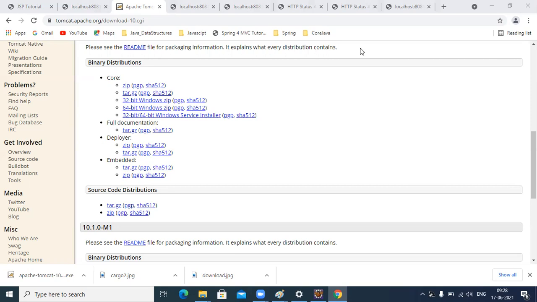Which version have you installed? Tomcat 8. And Java version? Java 8. So Java 8 and Tomcat 8 you have installed, right? Okay. All right. Good. So I'm trying to install Tomcat 10.